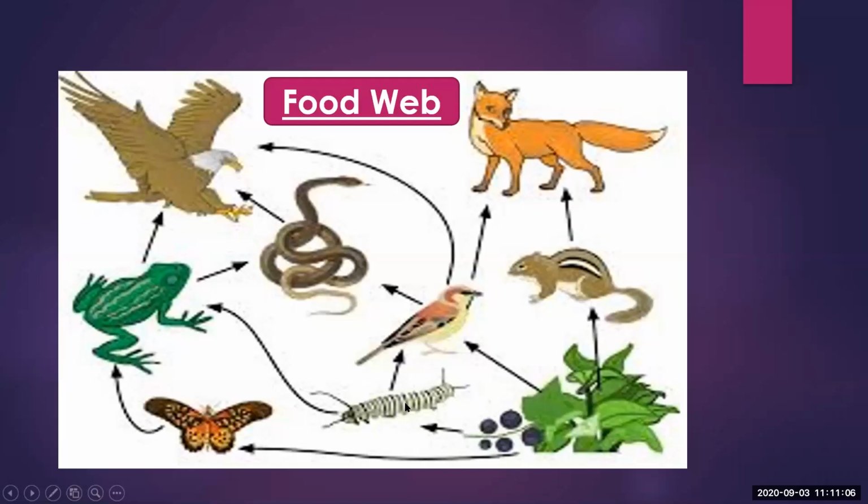this caterpillar is eaten up by this bird also, and this caterpillar can be eaten up by the frog also. So this frog can eat both. This caterpillar is being eaten by the bird and by the frog, so the caterpillar is the food for both of them. Like that, the bird is also the food for the fox and for the eagle. So like this, many organisms can depend on a variety of other food. So there are interlinks.